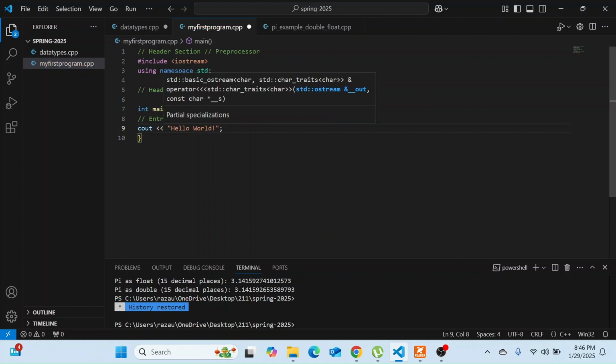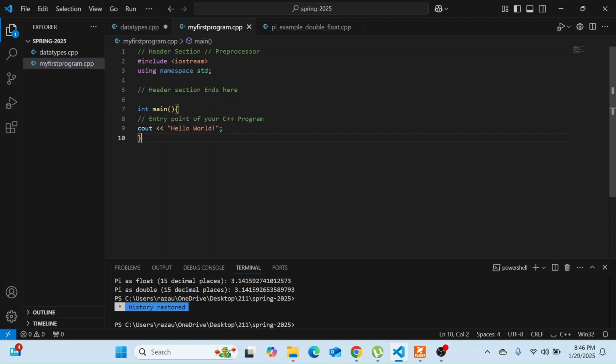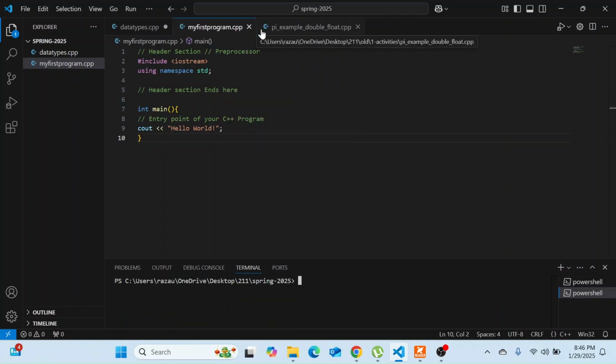So now let's try to run this one. I would recommend using a command-based running of this program. I will open a terminal, a new terminal. So I will have two terminals at this point. One is here and another one is here. And this is my Windows operating system, so the compiler will be g++. All right, so g++, and the name of your file,